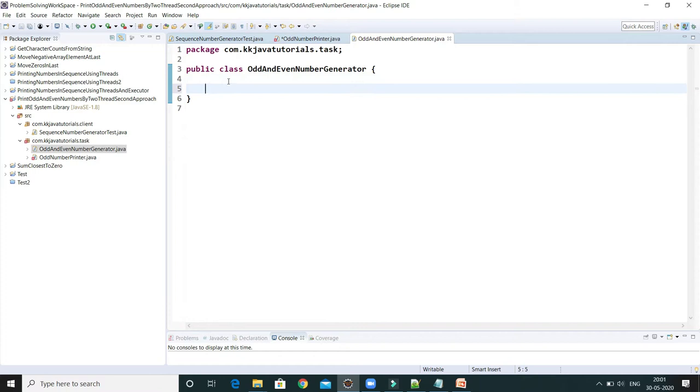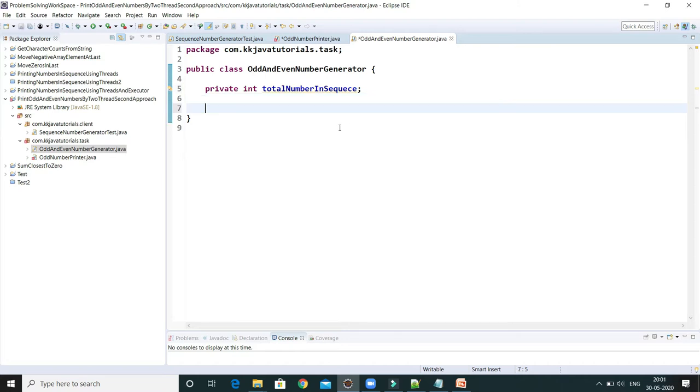Now here I'm going to declare some fields. Private int total number in sequence, the limit up to which you want to print numbers, starting from 1 to the total number in sequence, which the client has to supply.